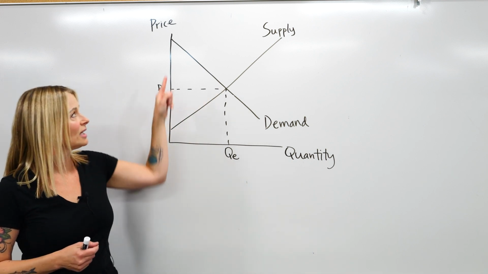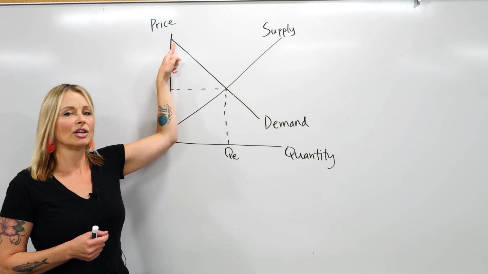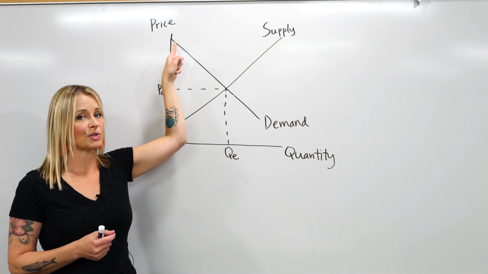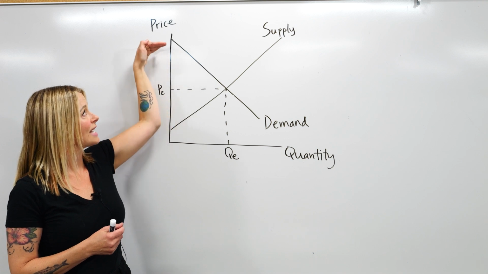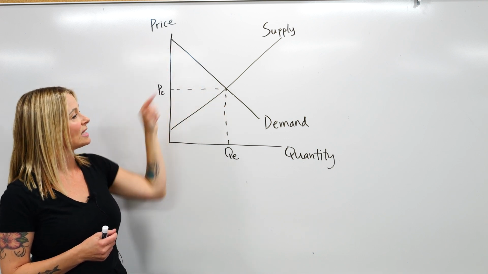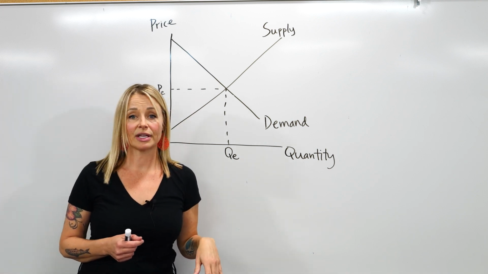Now, if we take a look at this demand curve, what's going on up here at this high price? Not much quantity is desired at that price, but there's someone who's willing to pay that price. And then as we go further and further down in the price, more and more people want to buy the thing, right? So let's say that someone goes to the store and they're buying a t-shirt and they're thinking to